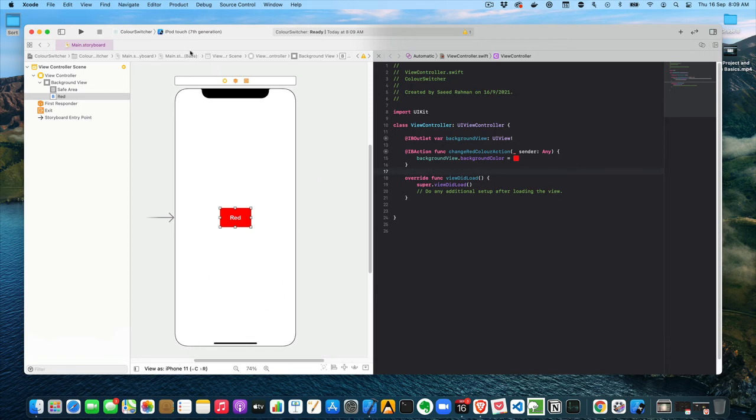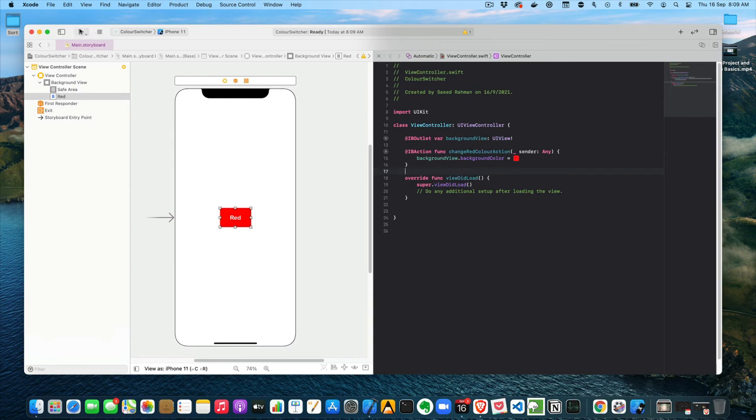So what we need to do by default, and I think this is a flaw within this version of Xcode, is it starts off with this iPod Touch, and that's not what you want to see because the sizes are going to be incorrect. You're designing on an iPhone 11. If you preview on a 7, then it's going to squash certain elements or user interface elements, and it's not going to look too good. So what we want to do is we want to switch this to an iPhone 11 here,